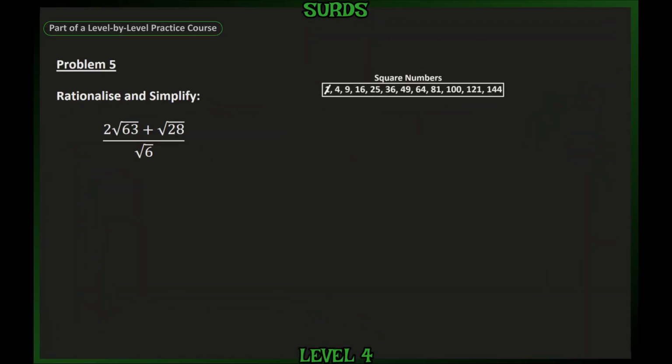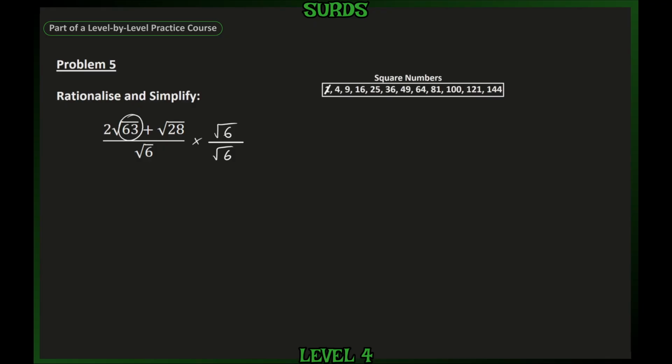In problem 5, we're rationalising and simplifying 2 root 63 plus root 28 all over root 6. Now to rationalise means that we need to remove the surd from the denominator, and so we could start, as we have done in the previous questions, by multiplying the denominator by itself, by root 6, and doing exactly the same on the numerator to keep the fraction equivalent. And although this approach will be absolutely fine,